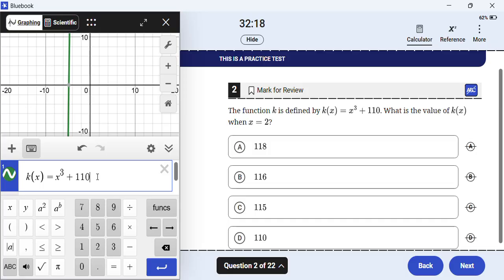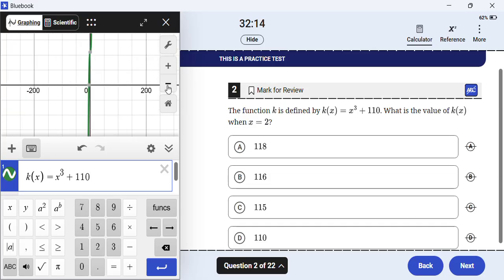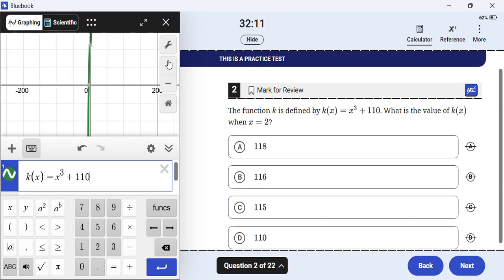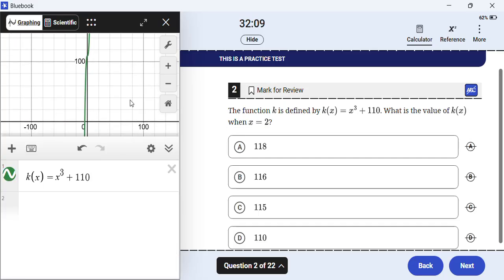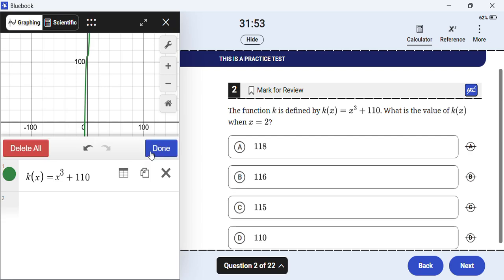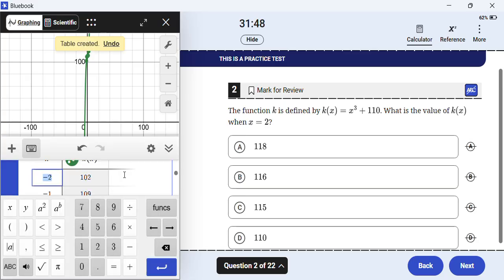Okay, so here we have put in our function. If we zoom out, it almost looks like a straight line, but it is cubic. If you can see, it has this slight N shape to it. And here's our big trick. Pay attention. You're going to come to this little wheel, the edit list, a gear. Press that, and then you're going to press create table. When you do that, it gives you the beginning of a table